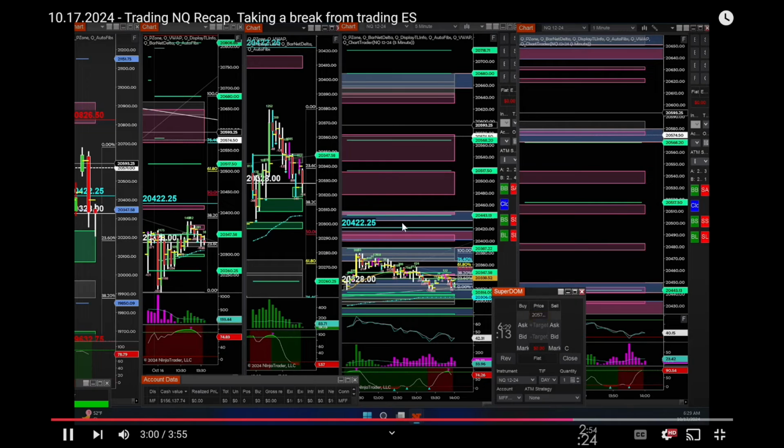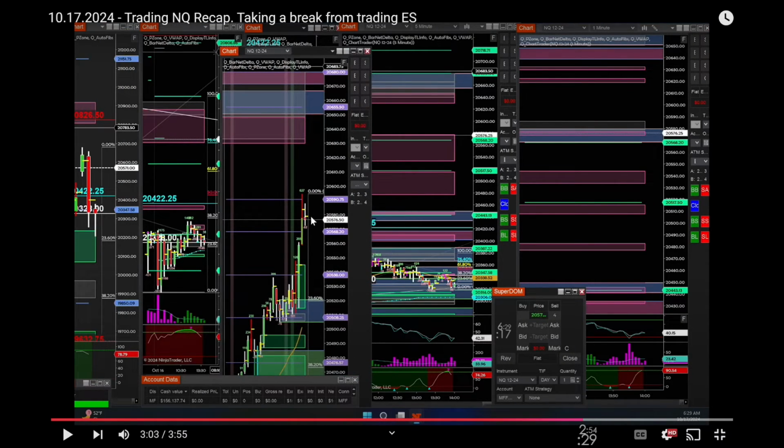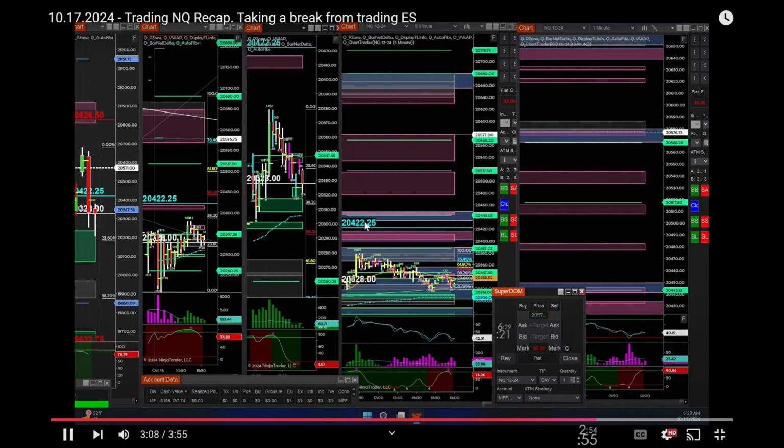So you'll see that I drag in the 24-hour session. Right here, this is my thesis for going short on the 24-hour session. I believe this is the 50-minute candle. I did see a distribution bar here, right? Which means there are a lot more sellers than buyers. That's one indication of favoring a short there. And then I believe I also dragged in the 30-minute as well, and that also was showing a bearish candle.